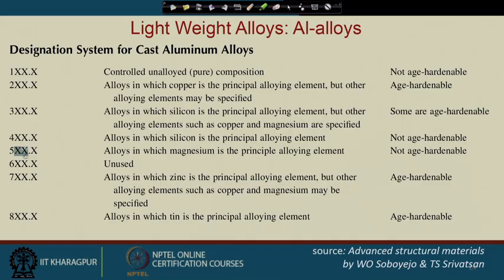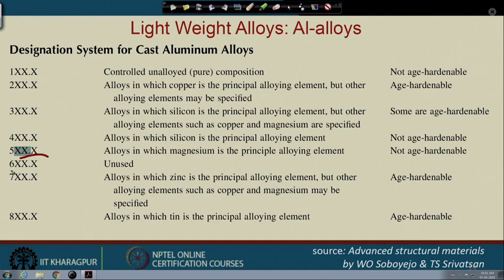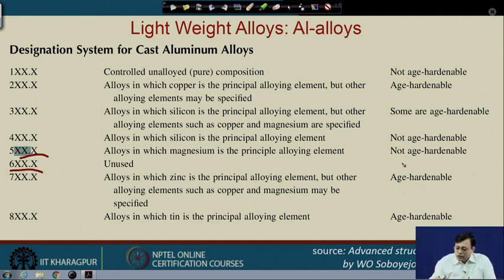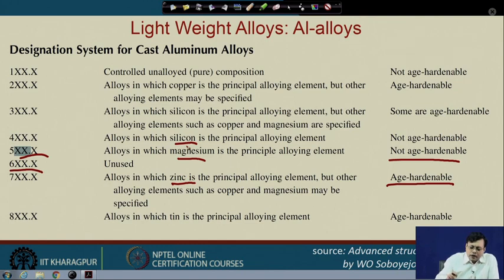So, I show you these 5000 series, 6000 series and so on. Some of these alloys are non age hardenable and some of the alloys are age hardenable alloys, where zinc, magnesium, silicon are added as per the purpose. So, at the same time